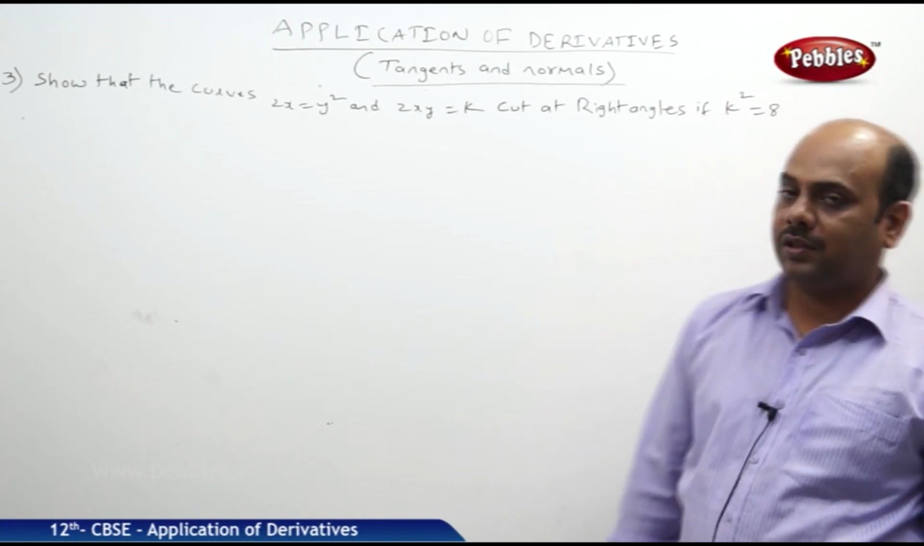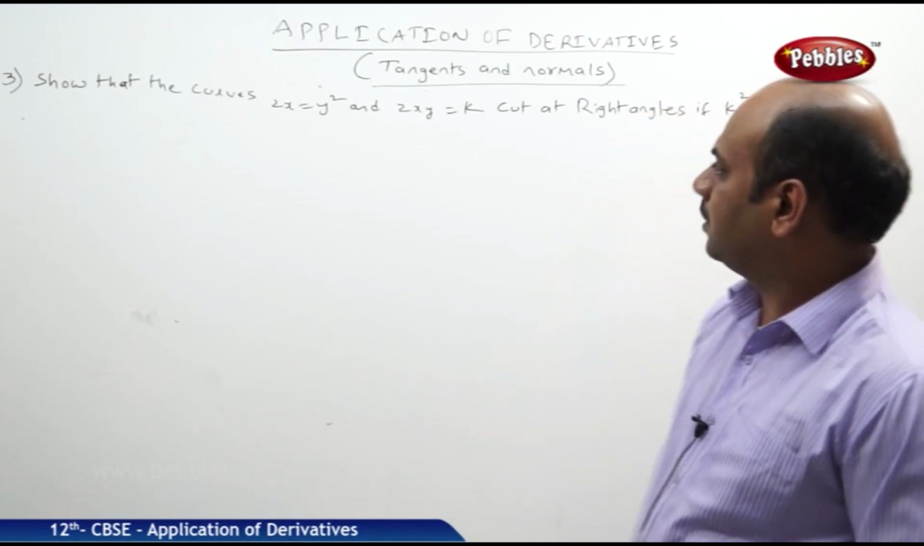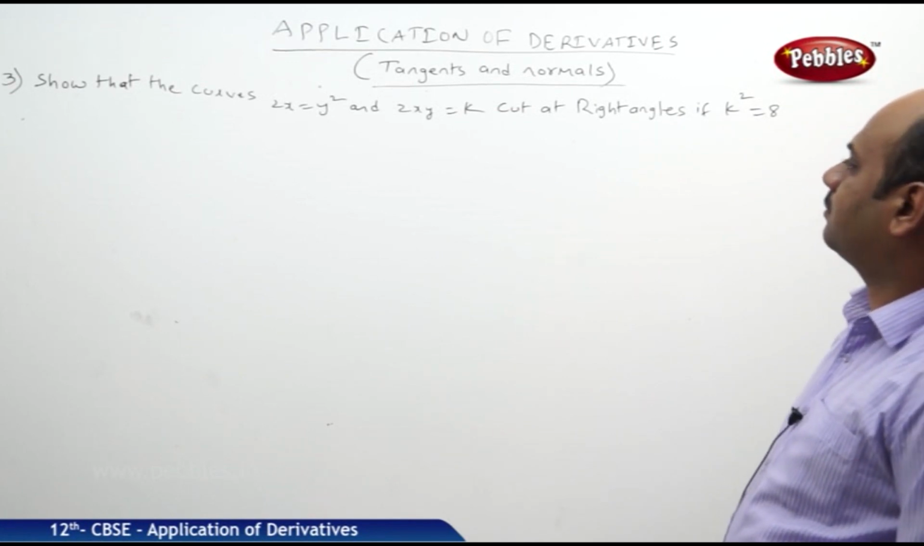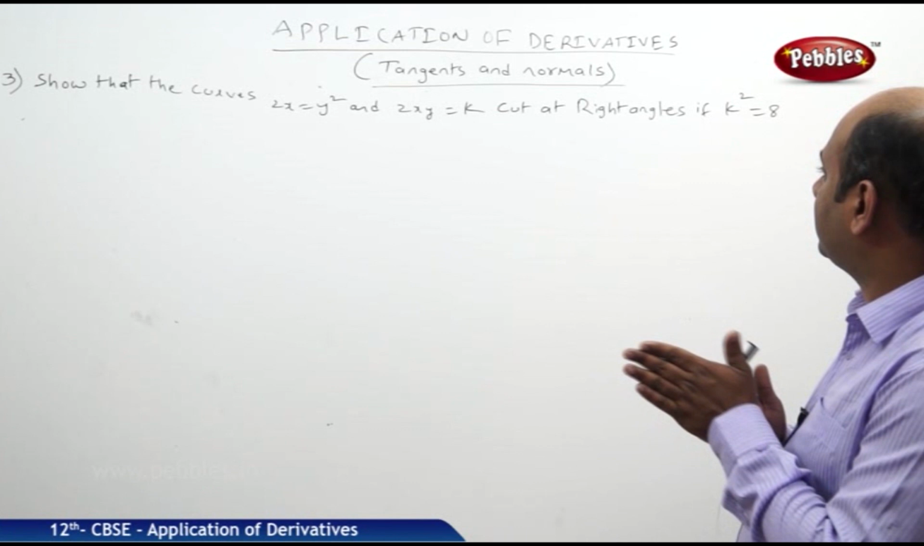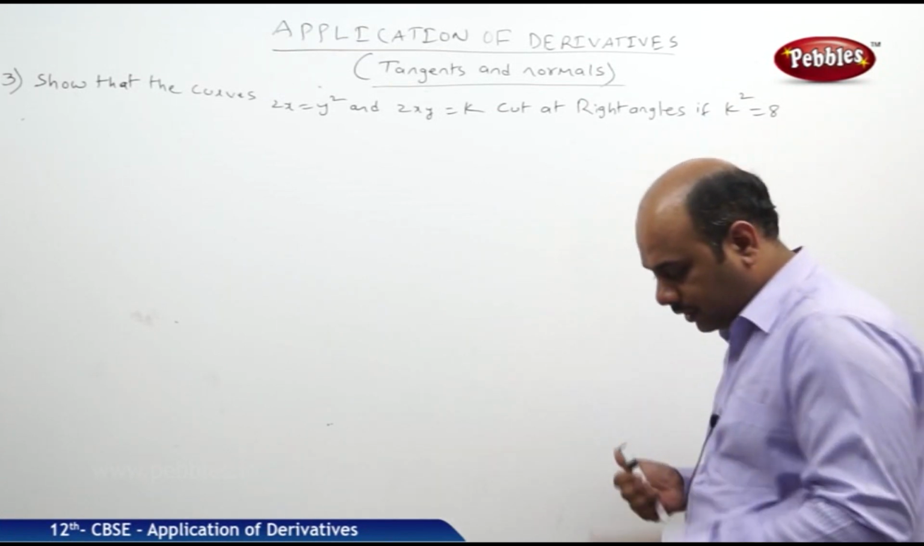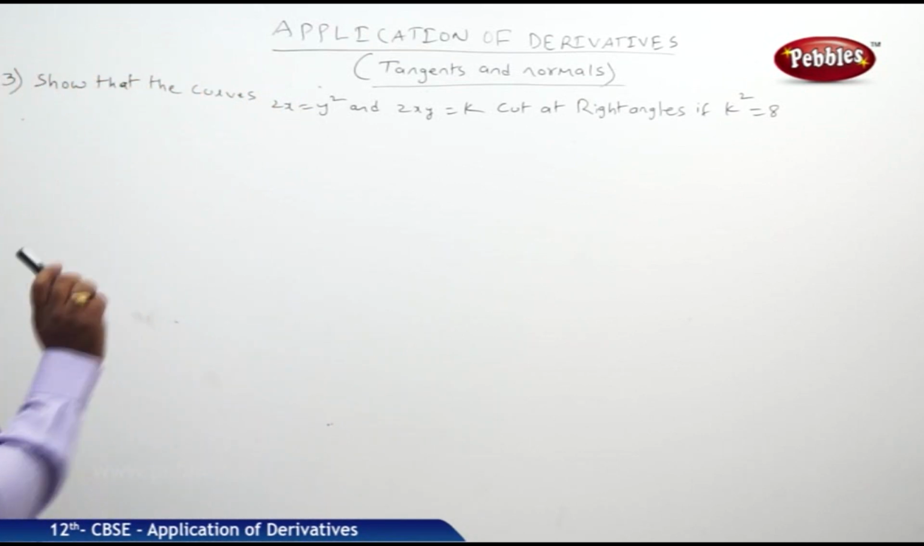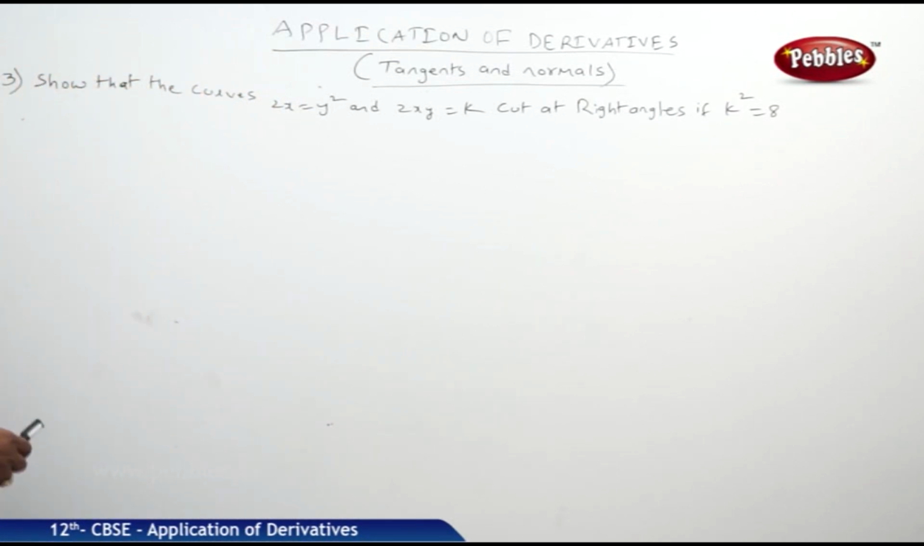Now we shall see some higher order thinking problem. Show that the curves 2x is equal to y square and 2xy is equal to k cut at right angles if k square is equal to 8. That means finally I need to show k square is equal to 8 provided the two curves cut each other at right angles. So what I will be doing,